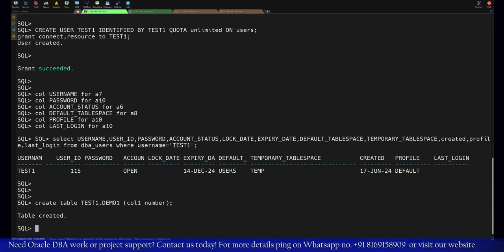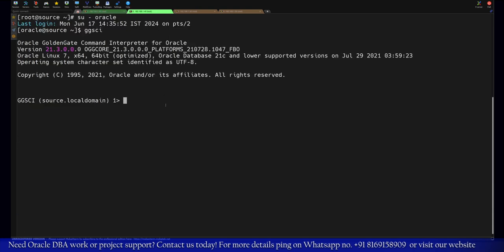Now the source and target setups are ready. Now I will configure the GGSCA related. So that means we have to create an extract process. We need to create a data pump. We need to also create a replicat on the target server. So extract and data pump will be created on the source, and the replicat will be created on the target